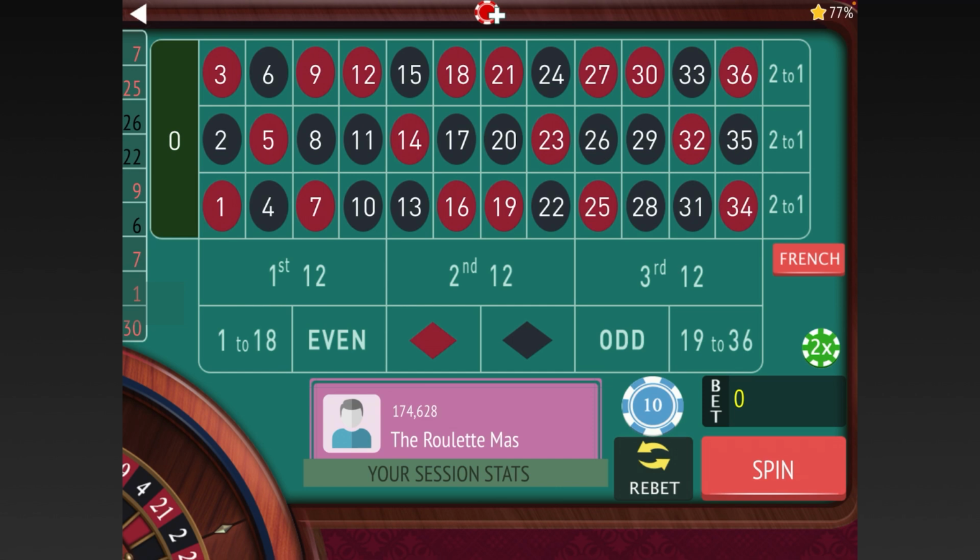So for those of you that like these hybrid systems like this, give it a try. Before you try it at the casino, try it on an app and see how it works for you. And let me know down in the comments how you do with that. And I know it's a little confusing when I had to simulate the losses in Martingale because I didn't want to do an hour video, but